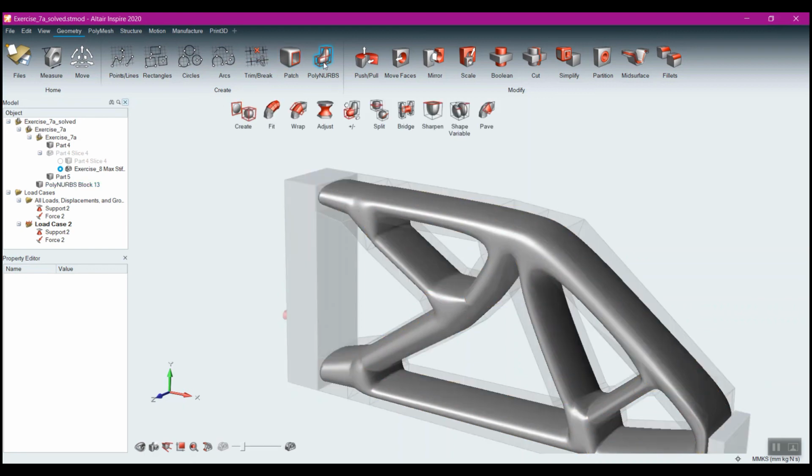So that's pretty much it for the basic Polynurbs. There's some other things in here, and we can adjust the Polynurbs a little closer to the initial mesh. You can just create Polynurbs directly within Inspire. The creating will not be based on any optimized shape. You just create the Polynurbs,